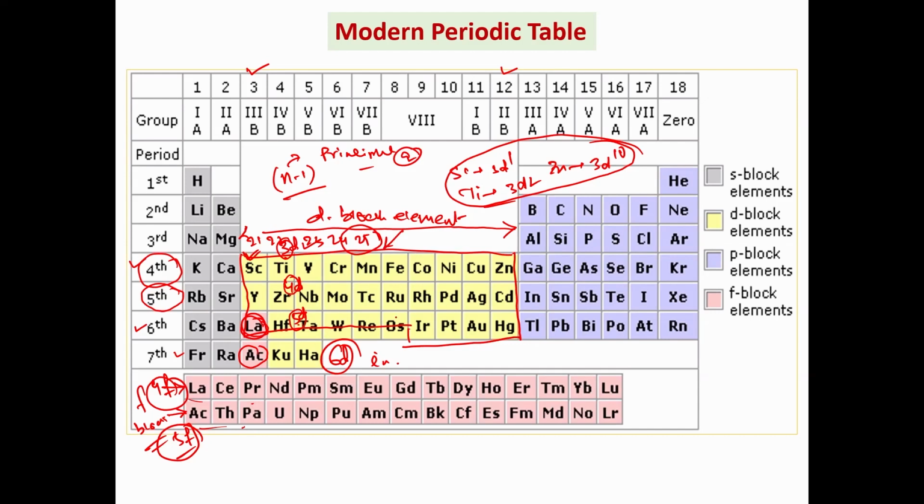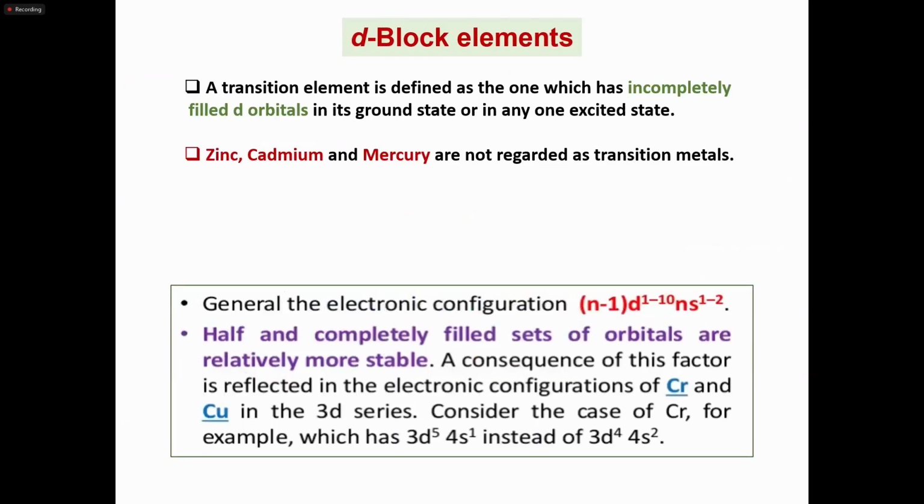That's why these elements are called the d block elements. We are saying d block elements because they progressively fill the d orbitals. But here is the comment: d block elements are this type of element which